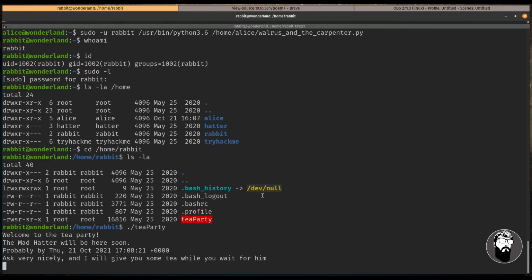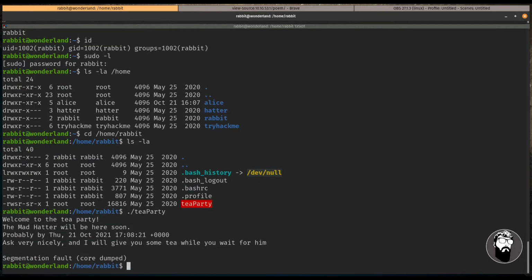Welcome to the tea party. The Mad Hatter will be here soon, and then probably by this date. That's kind of funny because the rabbit always assumed he was late everywhere in the movie Alice in Wonderland. Okay, does it do anything else? That's it. We get a segmentation fault,